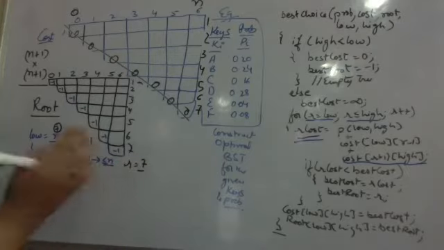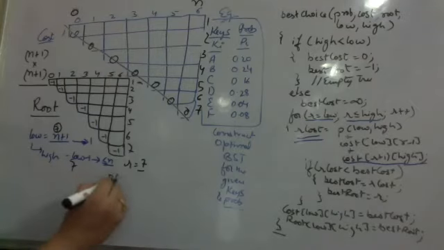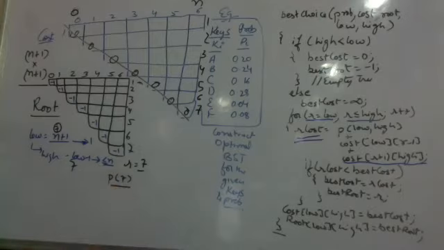In that case I calculate R. How do I calculate R? Probability from low to high. Now probability from 7 to 7 is probability of 7. What is the probability of 7? Are you all understanding what I'm trying to say or not? Class?